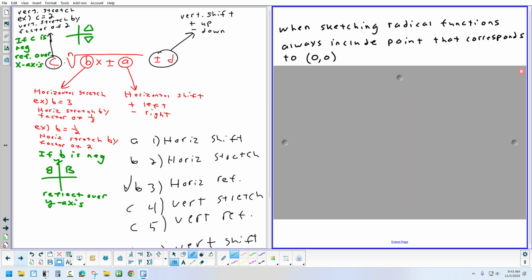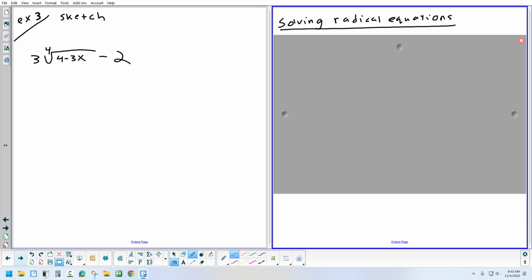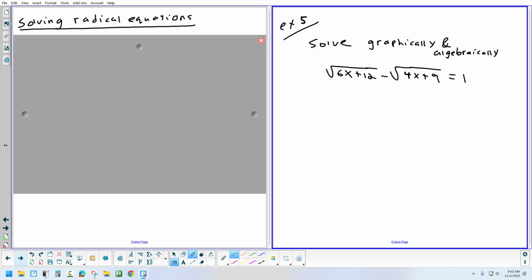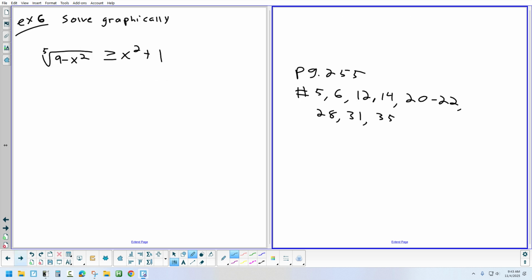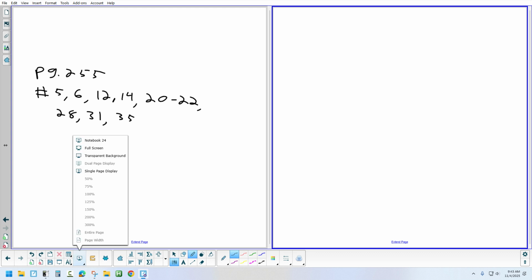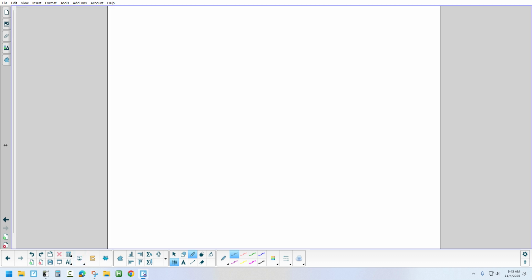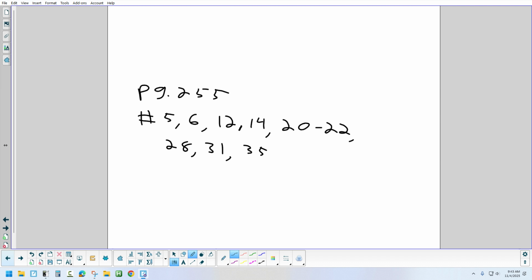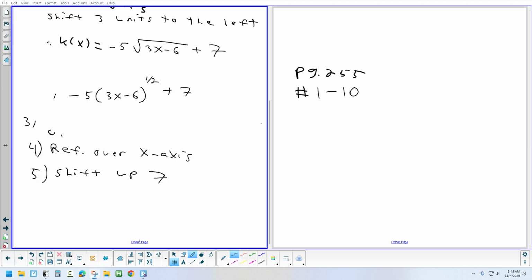All right. So we're going to look at sketching tomorrow, and then we'll look at solving radical equations tomorrow. And that'll be it. All right. So I gotta adjust that a little bit. Okay, so homework tonight is on page 255, and it's numbers 1 through